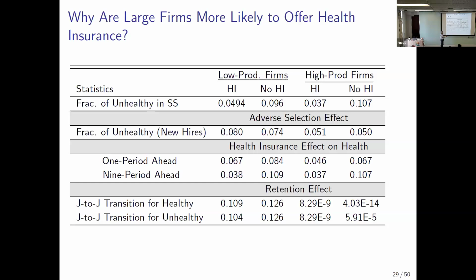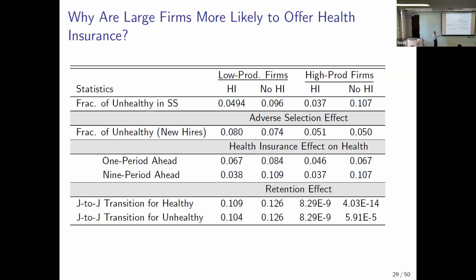If you're a high productivity firm and offer health insurance among the new hires, you see the adverse selection is also there, 5.1. If you offer health insurance, relative to if you don't offer health insurance among the new hires. But you see the adverse selection for the high productivity firm is only very tiny. Here it is more significant. Now the question is why? Okay, so the key difference is that